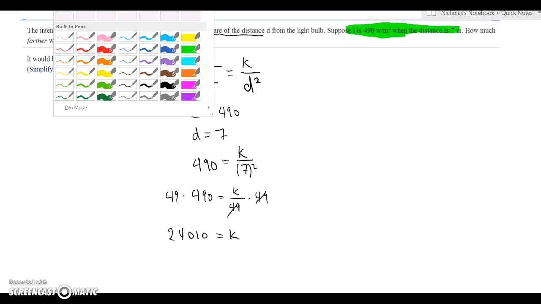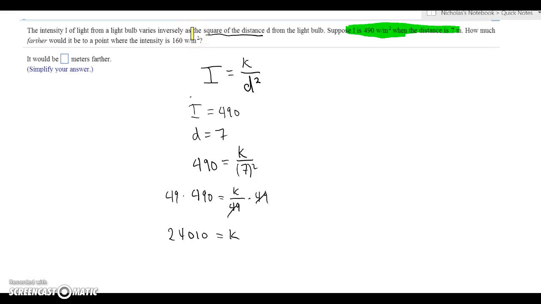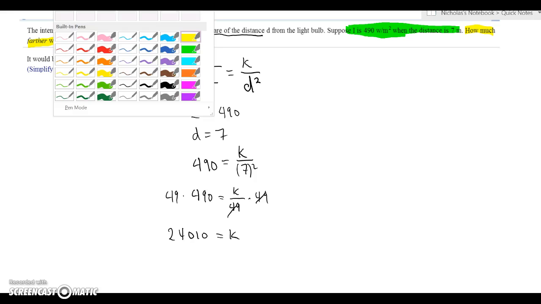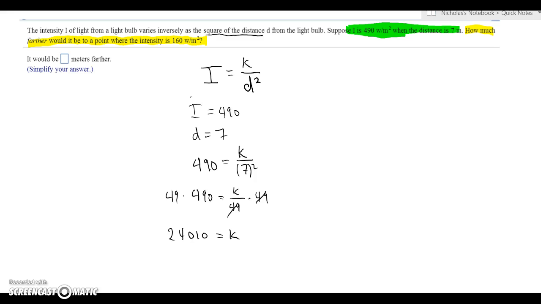So now that we have k, let's take a look, and now it says how much farther would it be to a point where the intensity is 160? So how much further would it be? Well, we know k now, and here they tell us the intensity is 160. So let's plug those in. We're going to plug 160 in for I. We're just going to take this equation, and where we see I, we're going to put 160